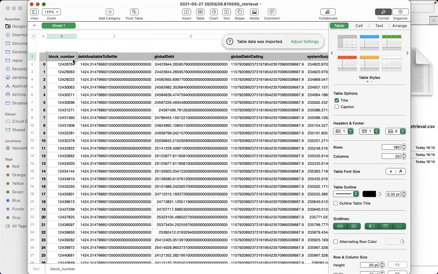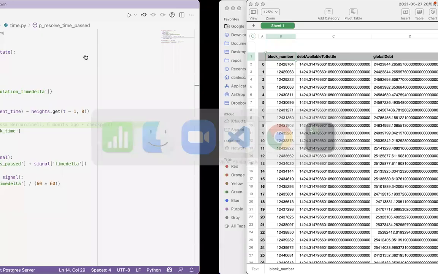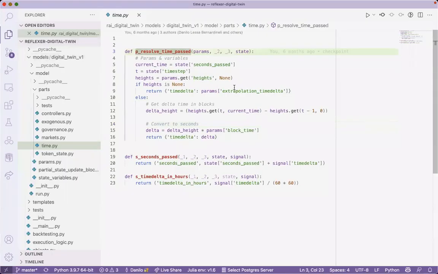Sometimes they are 40 minutes, sometimes 45 minutes, sometimes an hour and a half. So we have this issue generally when you analyze blockchain data that time is never on uniform intervals. So the reason the code is that way is exactly because of that.